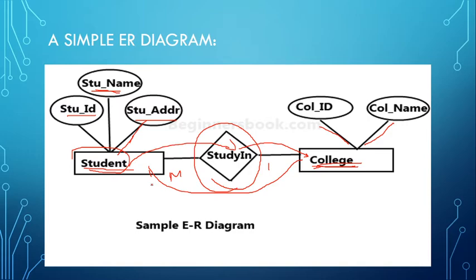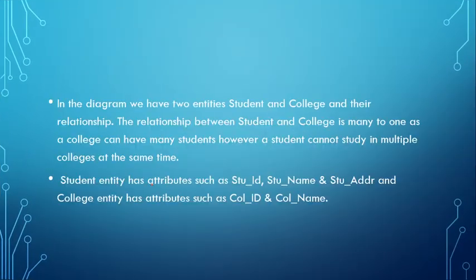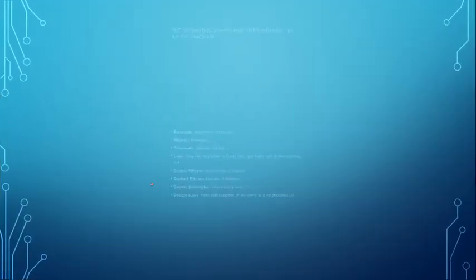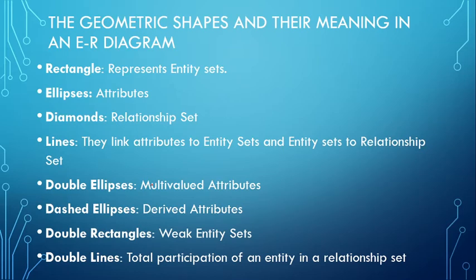to tables also. Okay, let's learn the geometrical shapes. Here we can see different geometrical shapes, and their meaning in an ER diagram is a little different. So let's look at these geometrical shapes. In the diagram we have two entities, student and college, which I have explained, and this relationship. We have studied this. So the geometrical shapes are